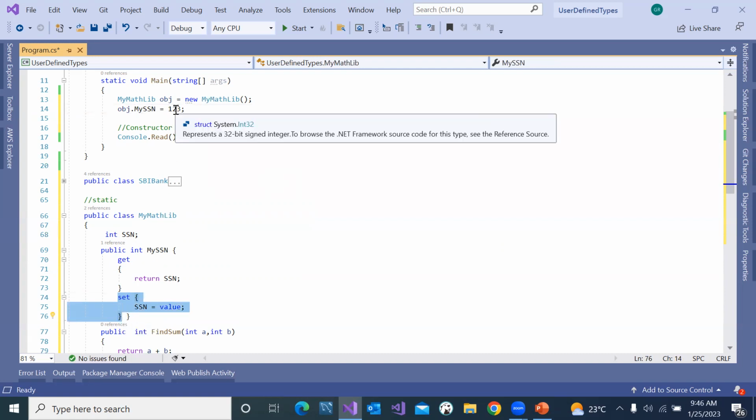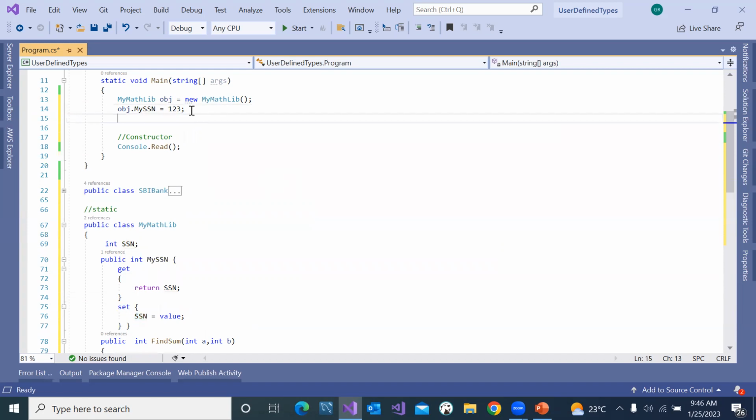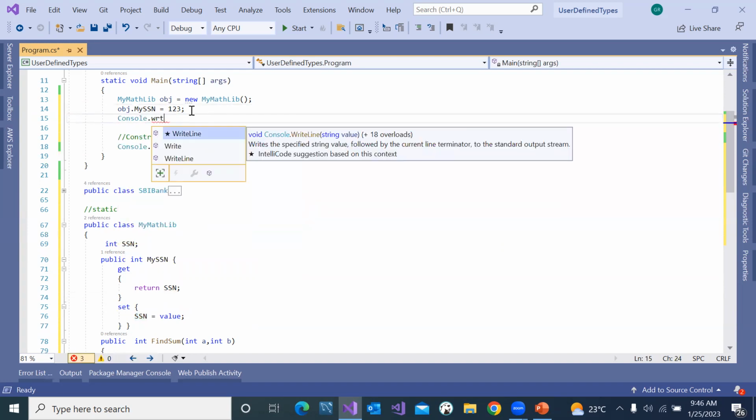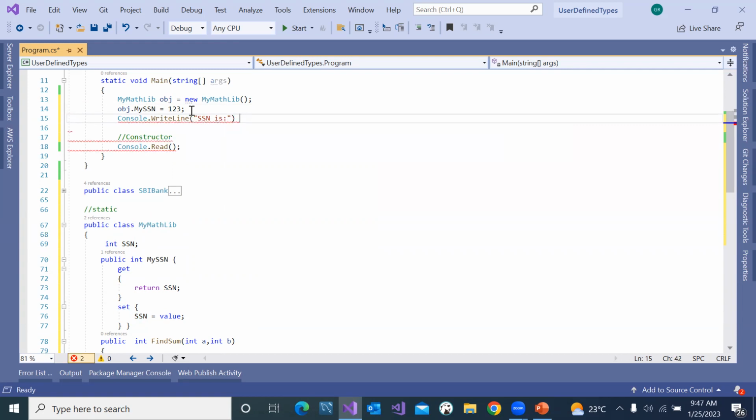If I set something, this will be stored by default into this value property of C#, and we are going to send it to SSN. Now what happens? 123 will be stored into your SSN. And if I say something like Console.WriteLine SSN is, if I call that property